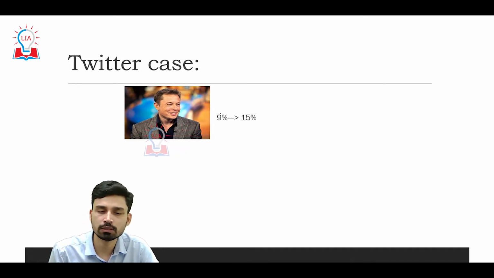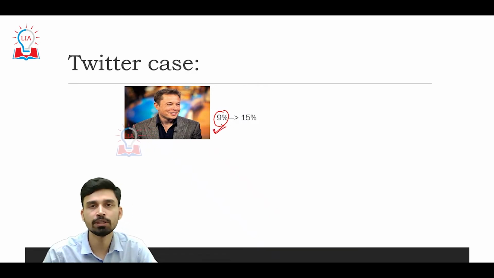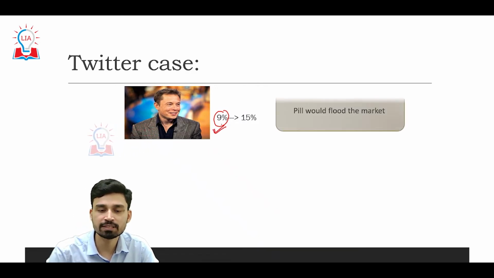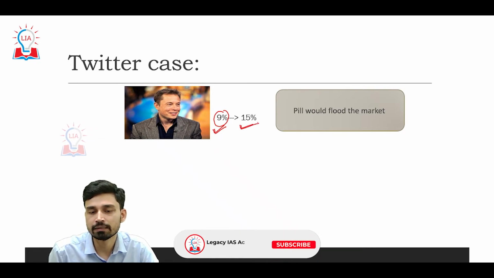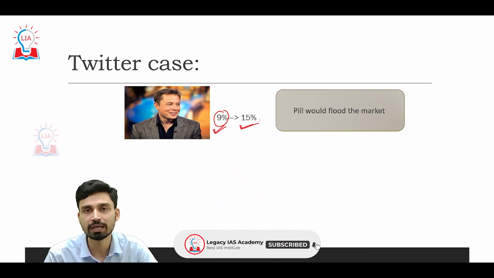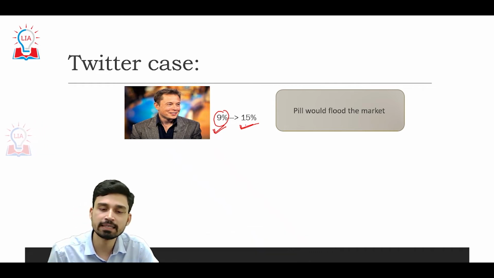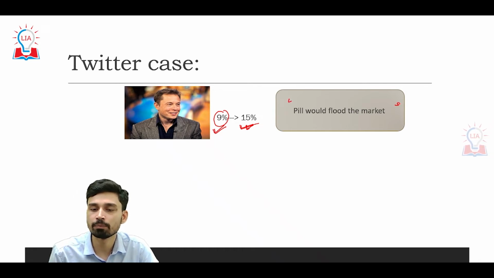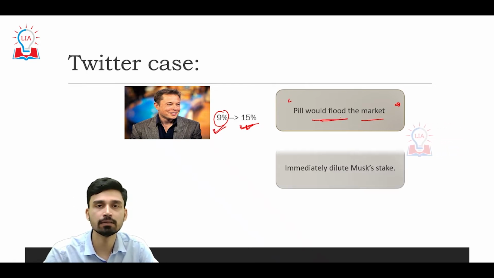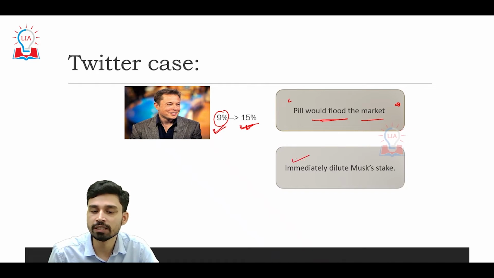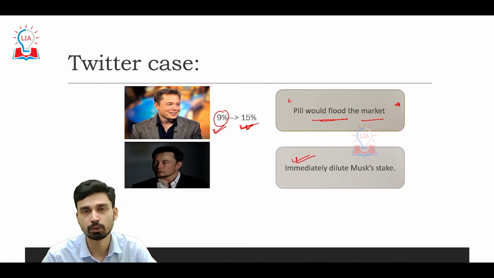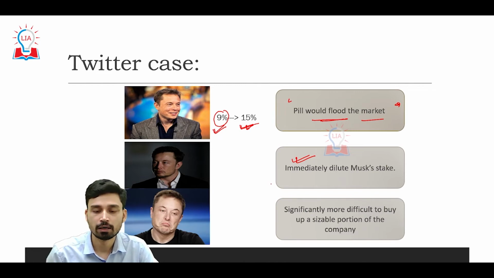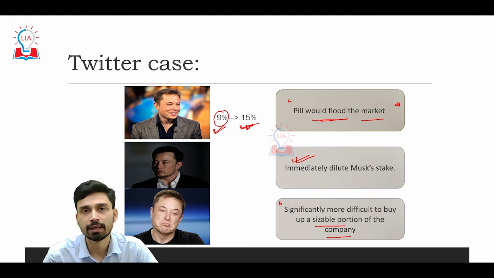As of now, Elon Musk holds 9% of the total shares of Twitter, and Twitter's board of directors has said that if he reaches 15% and starts to increase more, that means whenever Elon Musk increases his share by more than 15% in the company, at that time the poison pill strategy will be utilized, and additional shares will flood the market. This will cause immediate dilution of Musk's stake in Twitter, and at the same time it will make it significantly difficult for him to buy a sizable portion of the company and thus have a controlling